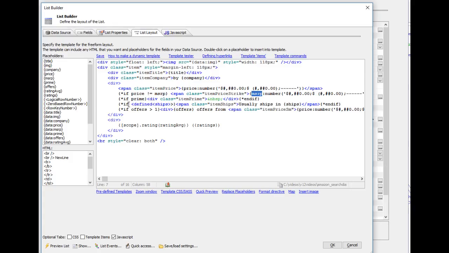Then what we're going to say here is that if prime is true, so prime is a logical field, then we're going to basically display the prime logo. So that uses item price to display the prime logo, and we'll go back and take a look at how that is done. This is using an image sprite sheet, so we'll go back and take a look at the item price class